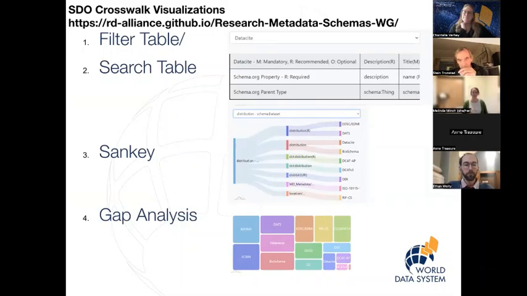But it includes a filter table, a search table. So if anybody's confused on, oh, what does DataCite use for their mapping of the schema.org property description, it's mapped directly one-to-one to just the DataCite term. We also have a Sankey, so it branches out more into seeing which terms are mapped and the